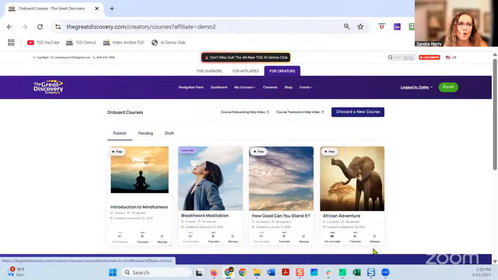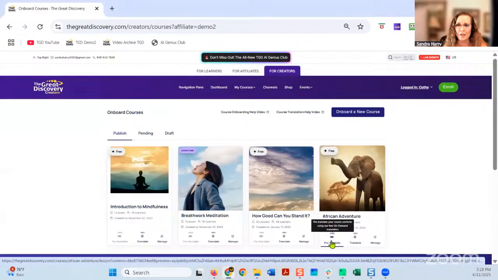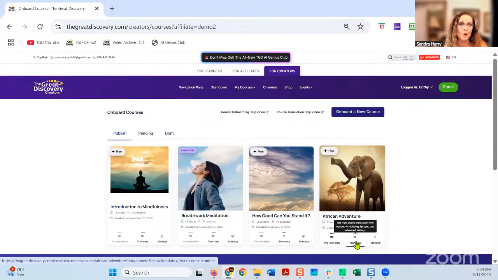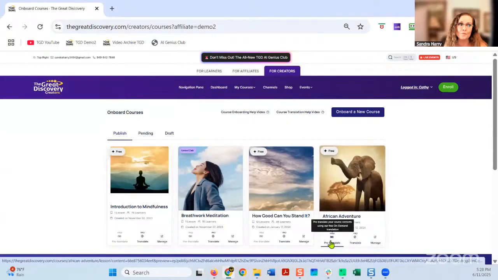And then Manage. What this means is pre-translations are free. That is your on-demand translations that are free to you as a creator to go in and pre-translate your course, just as Tim spoke about. Now, the other, Pro Translate, is our original course translations that you can pay for if you want a very nice high-level full lip sync voice cloning. If you're speaking and you want a really professional video, you can still go ahead and do those. But we're going to focus on the pre-translate.